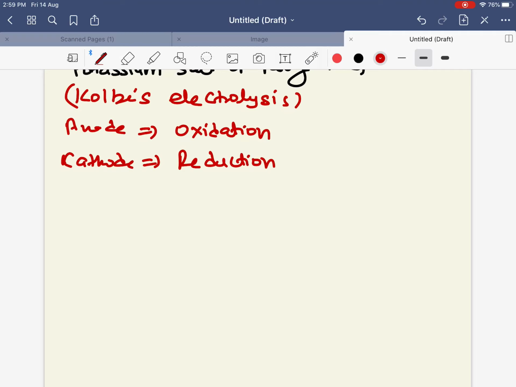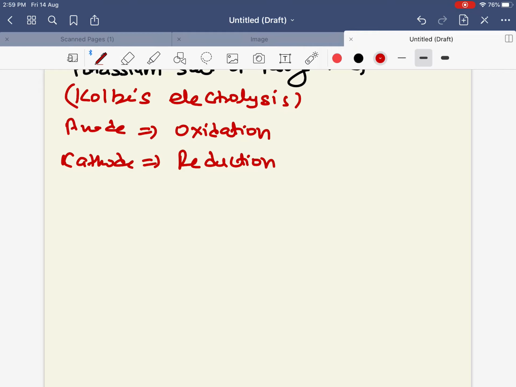So in that electrolysis process, if the sodium salt or potassium salt of carboxylic acid is involved in the electrolysis process, we'll get alkane plus carbon dioxide plus alkali and hydrogen gas, and this reaction is known as Kolbe's electrolysis method.